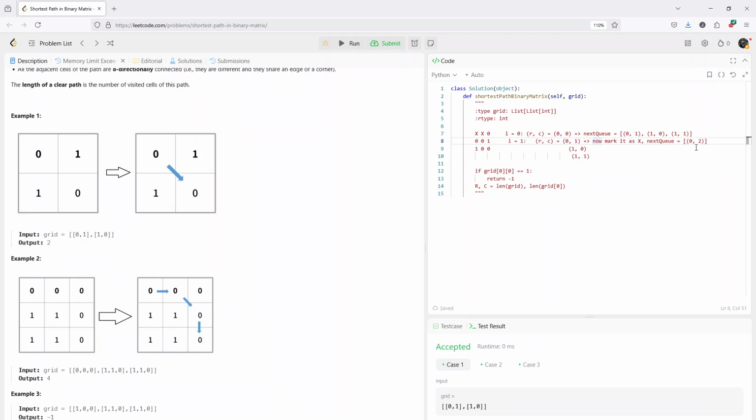But then how do we know we're not going to add 1, 0 and 1, 1? We could add them, and then in future iterations we'll just skip them, because we can mark them as X afterwards. So once we iterate through these, because like down here,